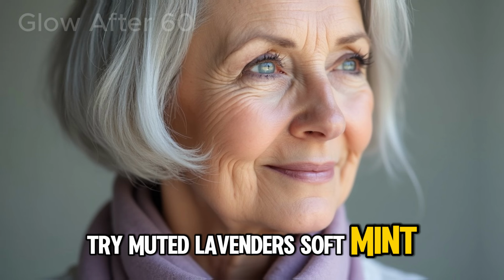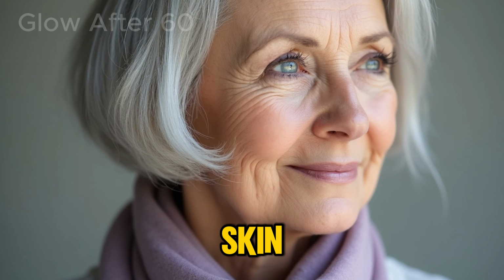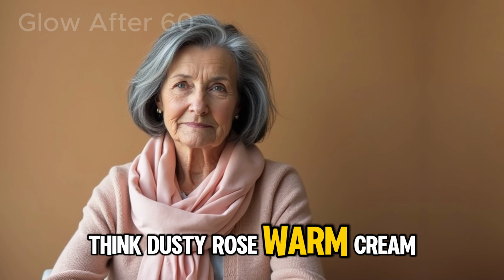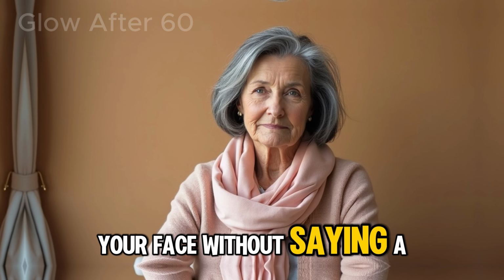For silver hair, try muted lavenders, soft mint, or pale sky blue. They reflect the silver in a gentle way and bring lightness to your skin. For salt and pepper tones, think dusty rose, warm cream, or milky beige, like a soft glow under your face